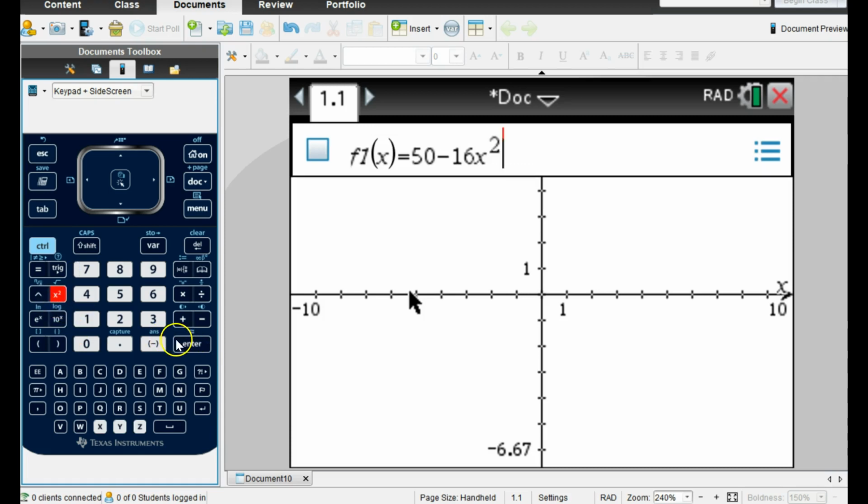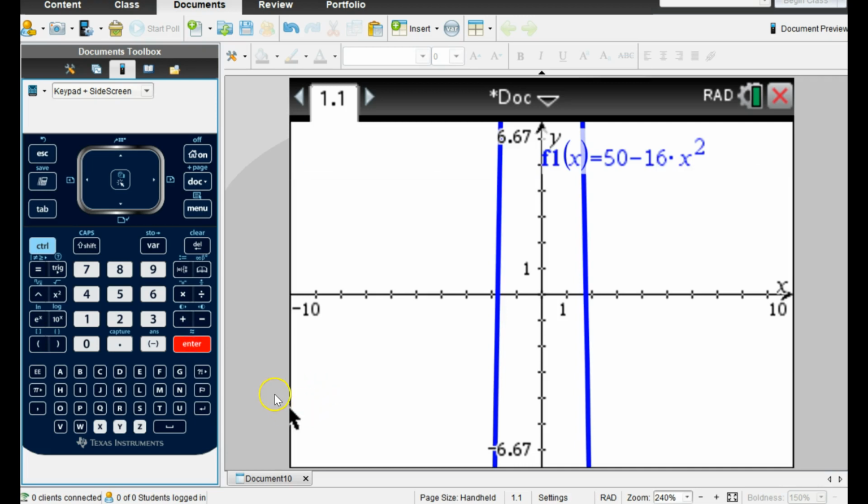All right, and I don't even care to know what the graph looks like. I mean, I could if I want to. There it is. In fact, if this represents the ball, the ball's on the ground right here, isn't it? Because isn't this a y value of 0? So between what two values does the ball hit the ground? Between 1 and 2. Now, if I go to tables,